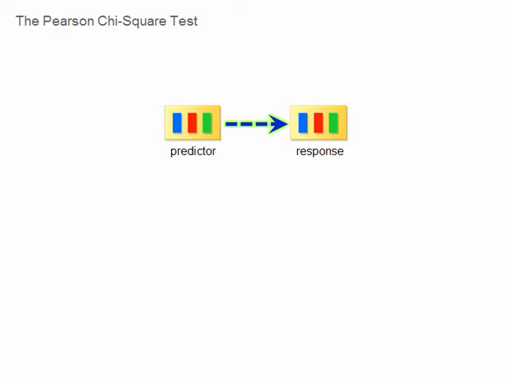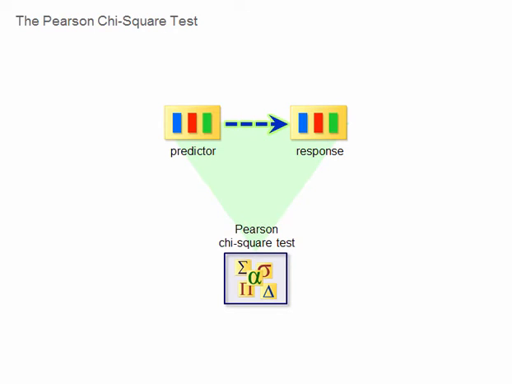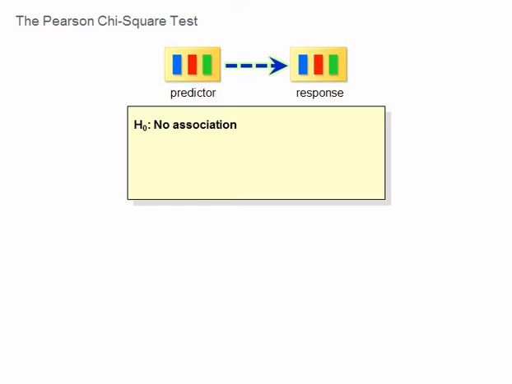To perform a formal test of association between two categorical variables, you use the chi-square test. The Pearson chi-square test is the most commonly used of several chi-square tests, and it is often referred to as simply the chi-square test. You start with a null hypothesis of no association between the variables and the alternative hypothesis